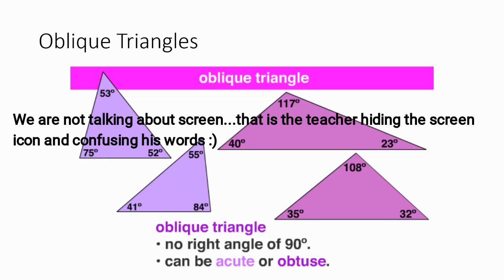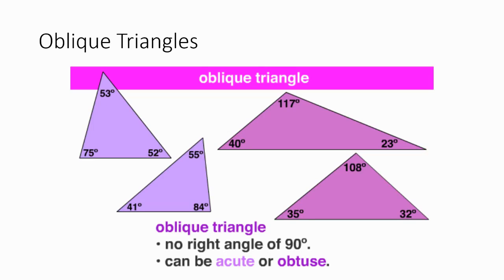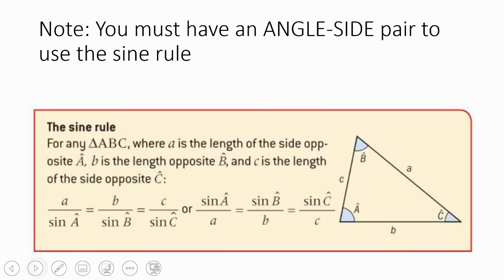oblique triangles, which if you look here, there's no right angles. So basically you have some obtuse, some acute, doesn't matter, but there's no right angle. So we can't use our normal trig rules like sine, cosine, tangent by themselves, and we can't use Pythagorean theorem. So the sine rule